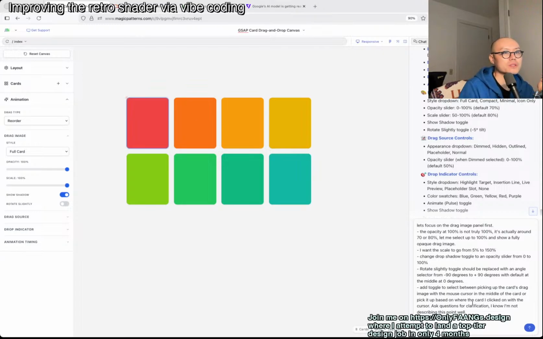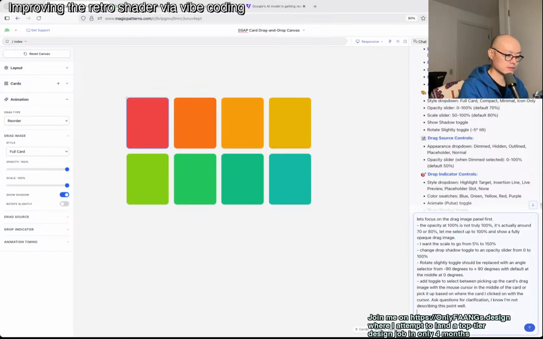Maybe a toggle between clicking once and between